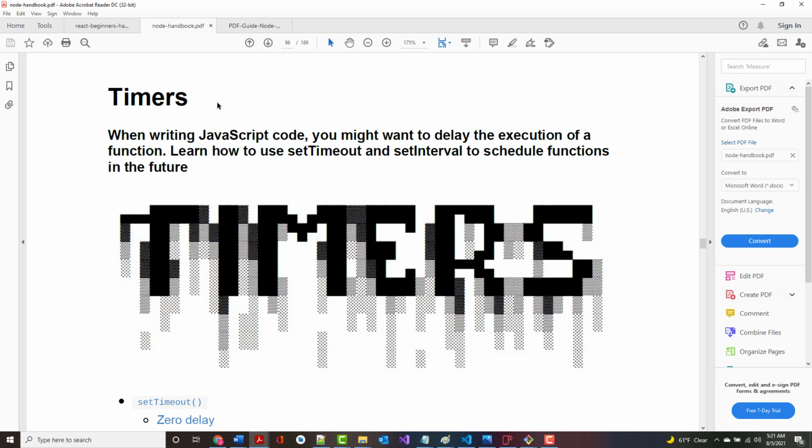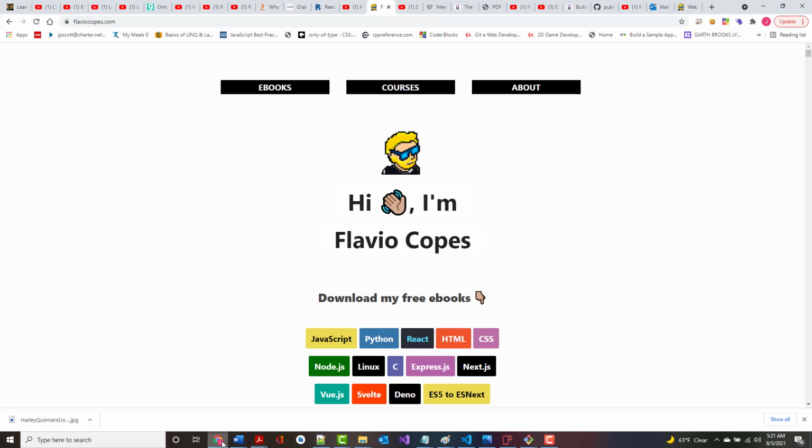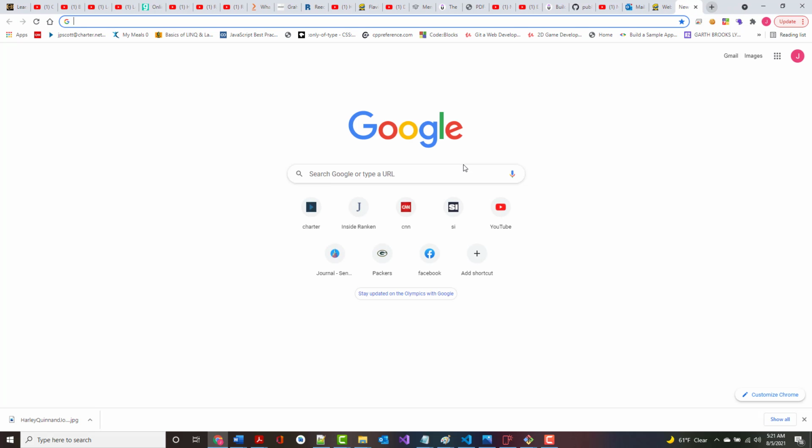Now, they say here, when you write JavaScript code, you might want to delay the execution of a function. Learn how to use setTimeout and setInterval to schedule functions in the future. Now, some of you have probably already seen me give this little shtick that I'm about to give, but I'm going to come in here to